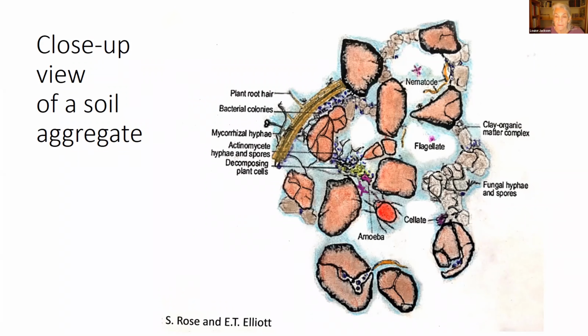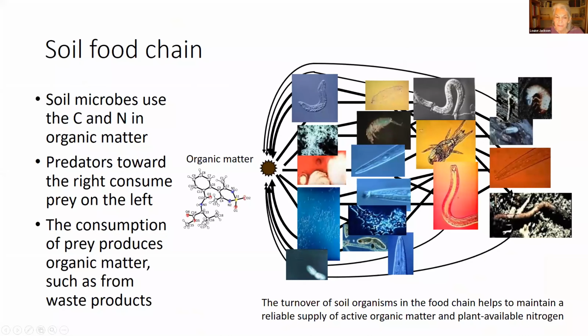Not only are we just beginning to understand it, we're beginning to understand just how crucial the environment is, as wet-dry cycles can change the community composition of the microbes. And I'm not going to have time to talk about that, but what I will talk about more is the soil food chain. So if we look at a soil organic matter molecule, and here's just a hypothetical one here, shown here with this little star shape.